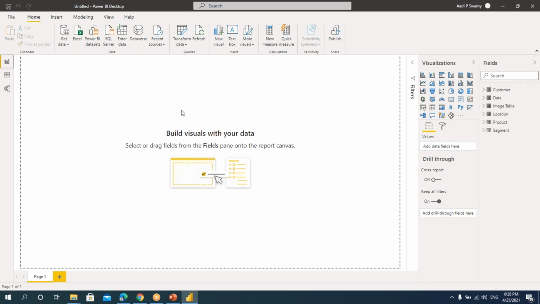So what to do for that? Here in this home tab, we have this transform data. So here this is for importing of the data. This is for editing of the data. When I say edit, what will happen is if I click here, there is something called transform data. When I click on this, this will actually take me to a different window, which is a part of Power BI Desktop. Let's click on this transform data.